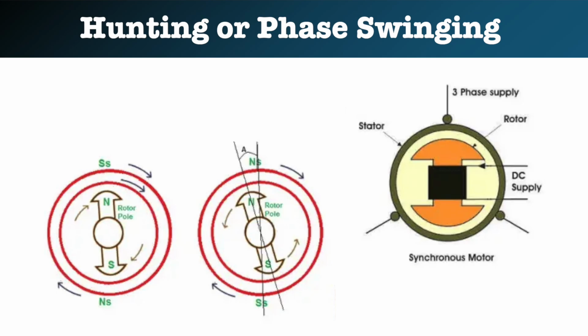Since during rotor oscillations, the phase of the EF changes relative to the voltage Vt, hunting is also known as phase swinging. The term hunting is used to signify that after the sudden application of load or change in load, the rotor attempts to search for, or hunt for, its new equilibrium position. Hunting occurs not only in the synchronous motor but also in synchronous generators upon an abrupt change in the loading. Let us see now what are the causes of hunting, what are the effects and how we can reduce